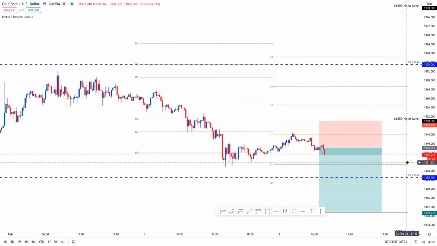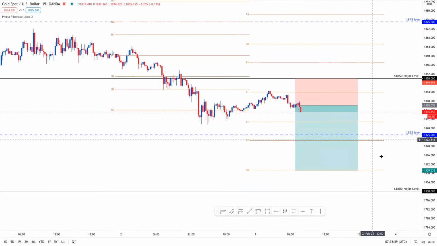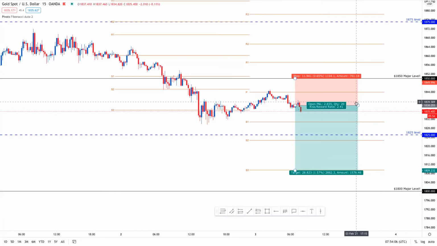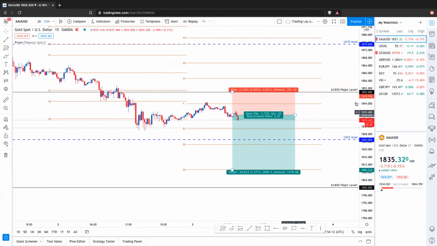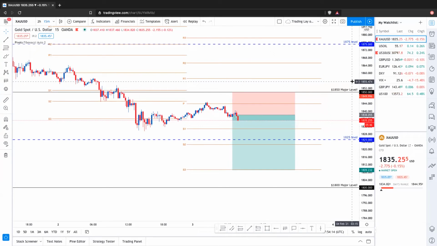So you can see, I was looking for the markets to come back down to trade lower, to 1810, and that could happen probably even before the end of today. That's about 250 pips from where we're currently trading. With your stops at 1850, you'd have a good risk reward ratio, but it's wise for you to wait for